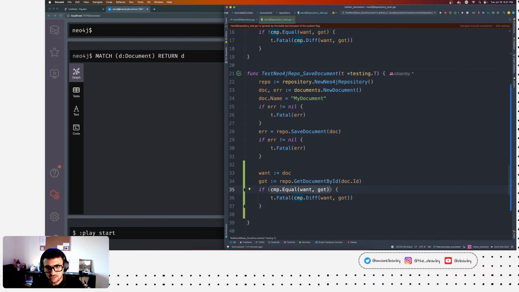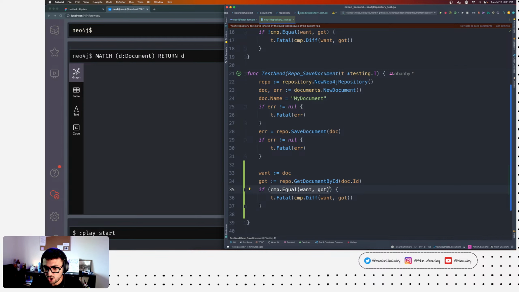But here, I'm coupling the test of the save document with the get document, right? So if someone makes a change to how save document works, or even, no, vice versa, if someone makes a change to the get document method, and there's an error now, the save document test might just fail, right? So that coupling isn't always the best. It's acceptable, don't get me wrong. We can probably do it this way.